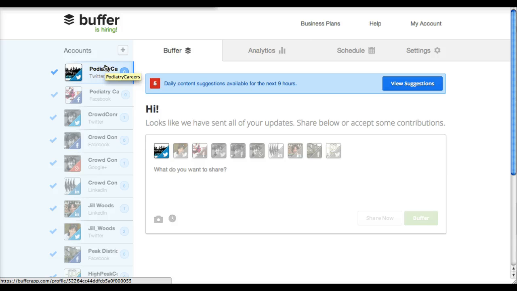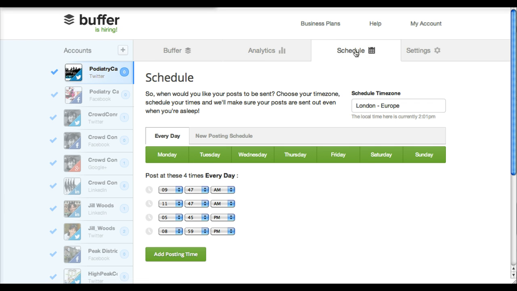The next thing it enables you to do is to schedule set times for when you want posts or shares or whatever it is to go out to the various profiles that you've got. So if you go across to the schedule button here, you can see that this Twitter account we've set up for posts to go out 4 times a day, but you can add in another post time just by clicking on here. You can delete a post time by clicking on the X here, and if I go down the various different accounts,